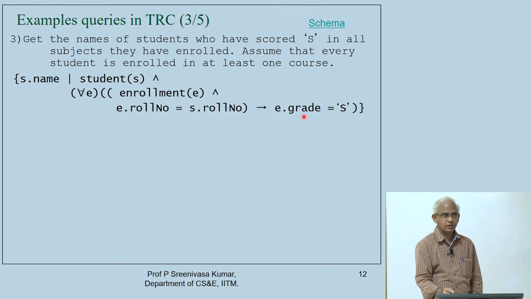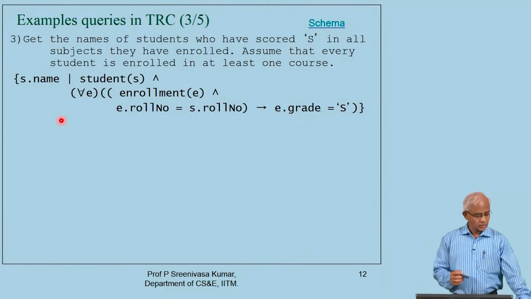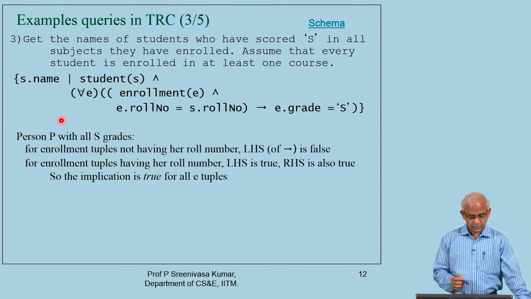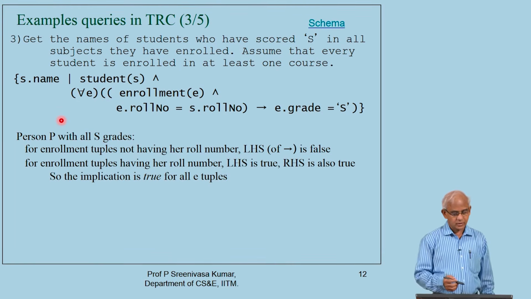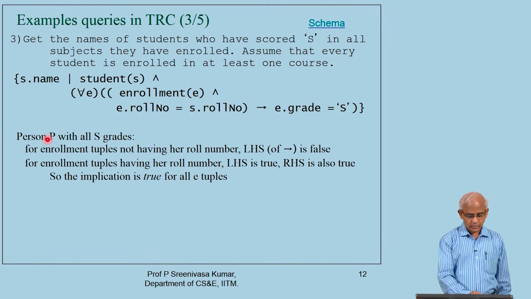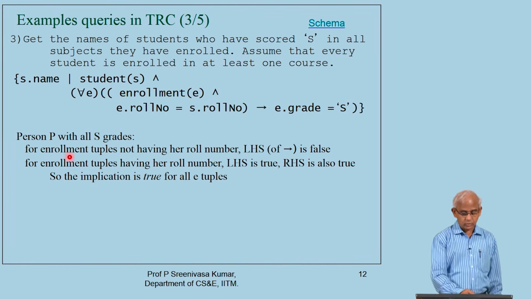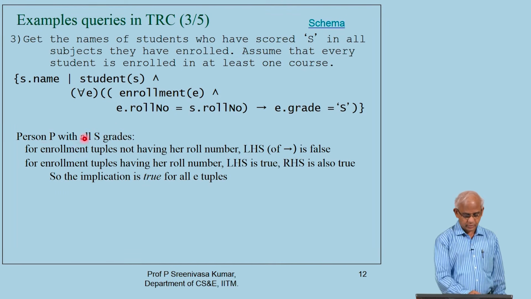Those of you who are very familiar with mathematical logic, this much explanation is enough. Let me explain this query a little further. Let us consider a person P with all S grades. Now, let us focus on the enrollment tuples. For all the enrollment tuples which do not have this particular person, let us say her roll number,